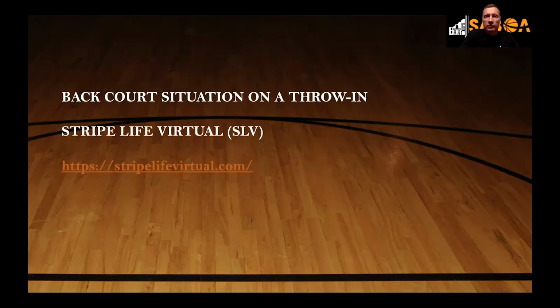Okay. On a double foul after a shot, team B gets the ball if made basket, or team A keeps possession if missed. So you're talking about the double foul on a shot. If the ball goes in, team A is on offense and we have a double foul, then the point of interruption would be the made basket, team B gets the ball. If the ball does not go in, then there's no team control. You go to the alternating possession arrow, so whoever has the arrow will keep the basketball.